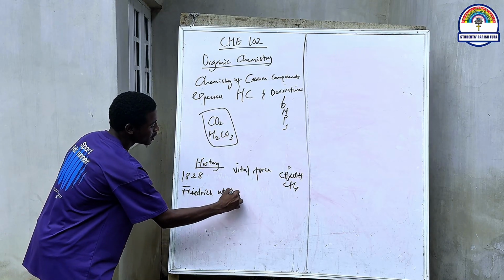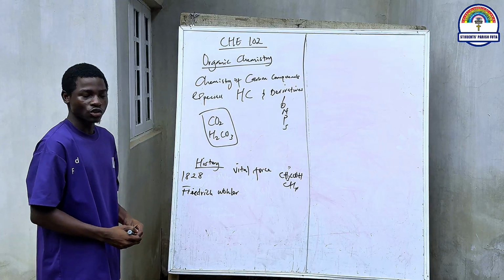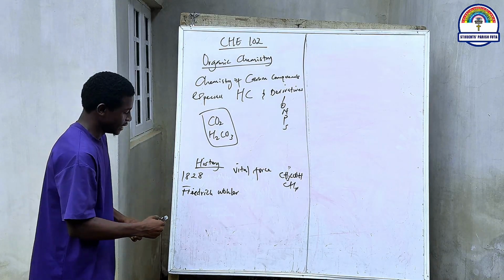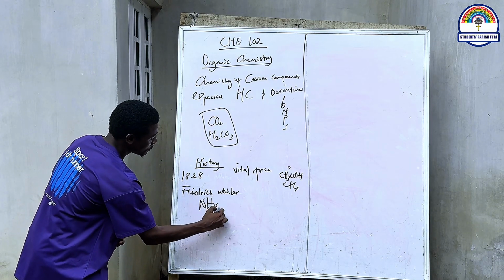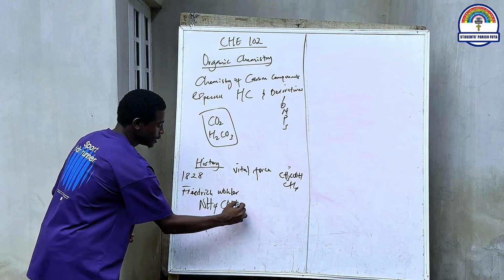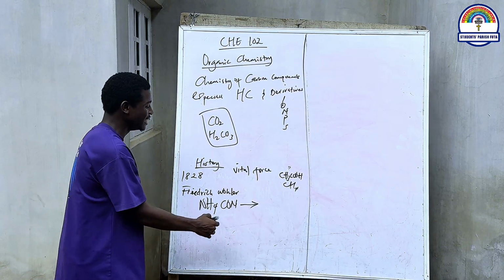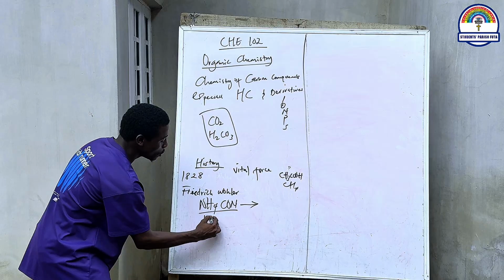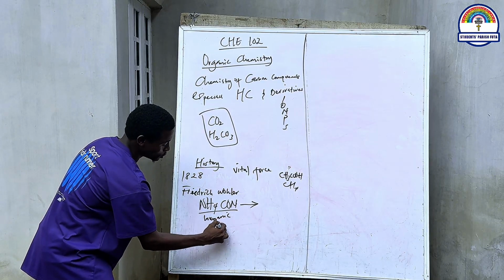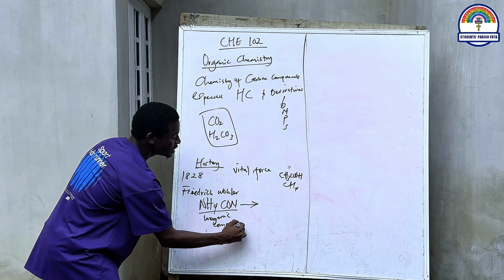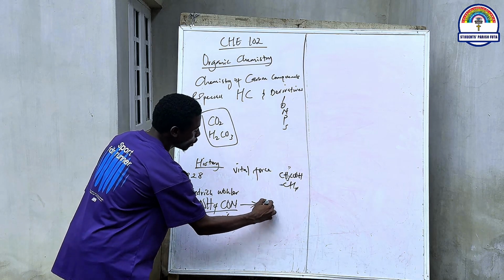Wohler did something in 1828. He got ammonium cyanide, that is NH4CNO. Ammonium cyanide is an inorganic compound. Then he decomposed it, and he got NH2